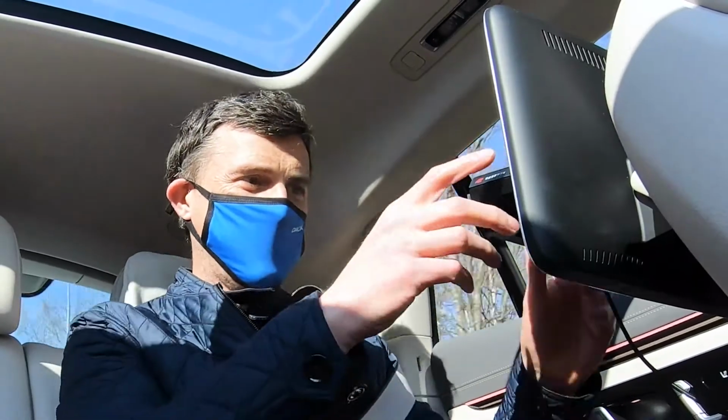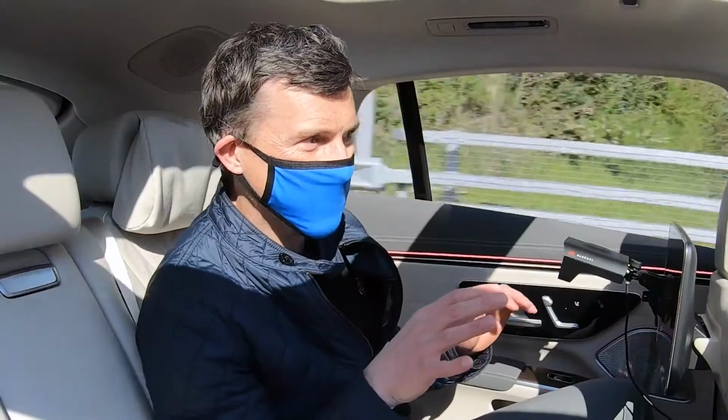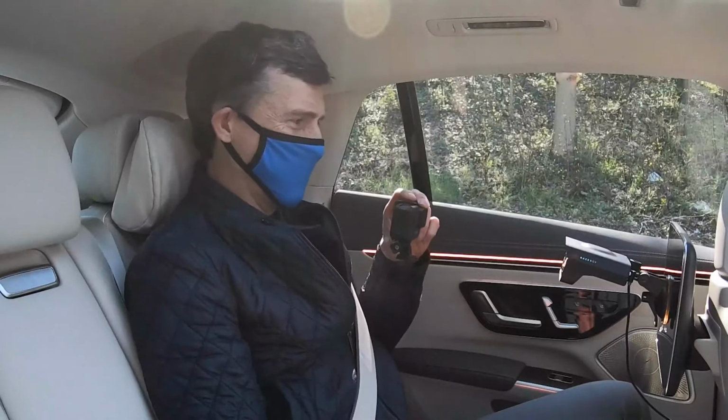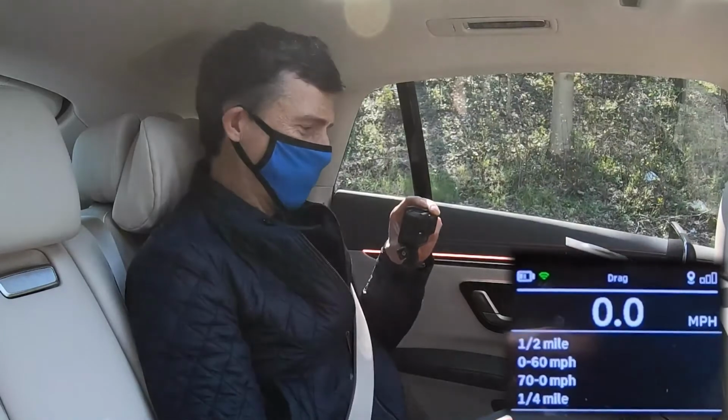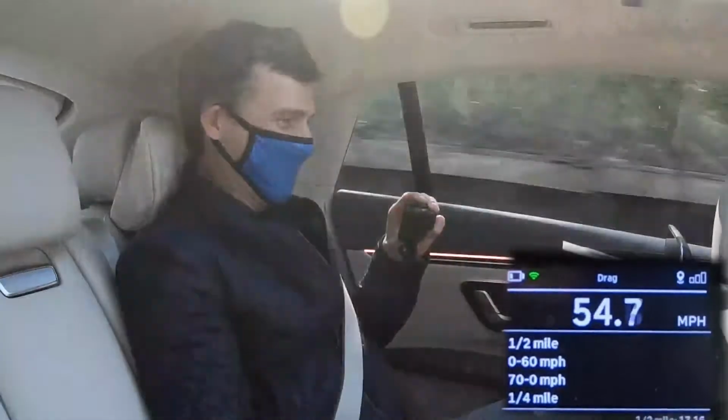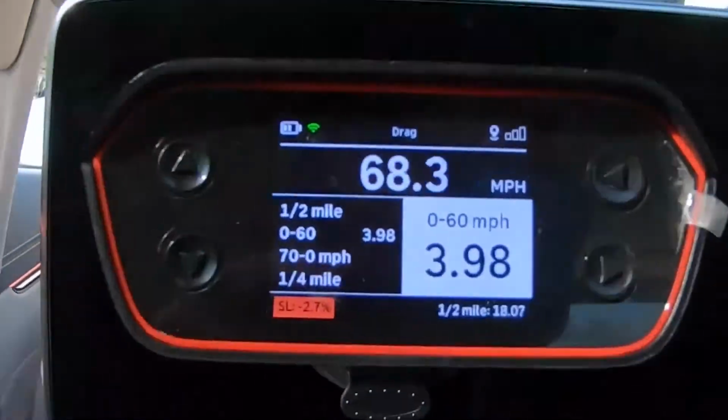What I've got is my specialist timing gear here, and we're going to find a place where you can just stop briefly, then we're going to launch it and we'll see how quick it does 0 to 60. Okay, so we are stopped. When you're ready, Alex, launch it. Full throttle, keep going, go on, keep on. What we got, 0 to 60, wow,